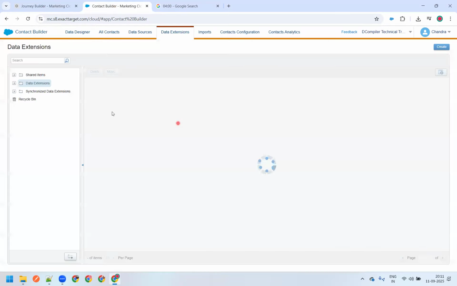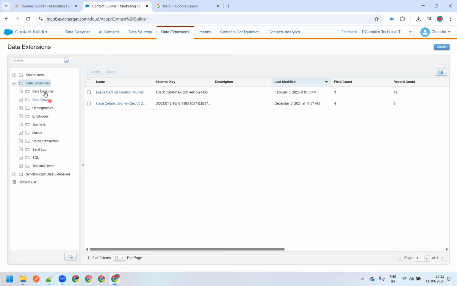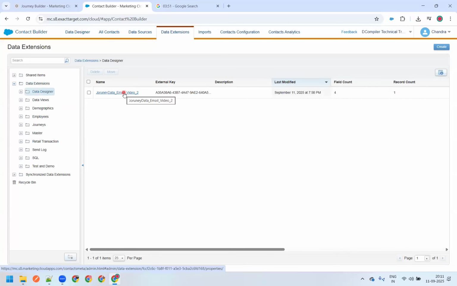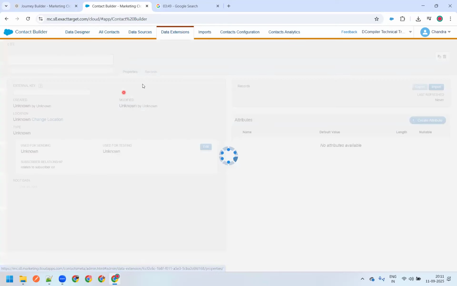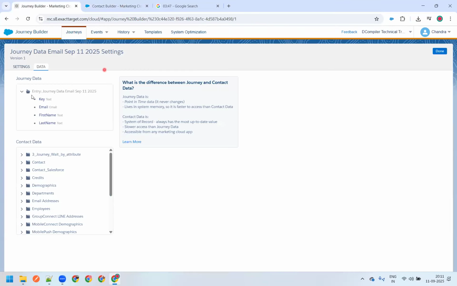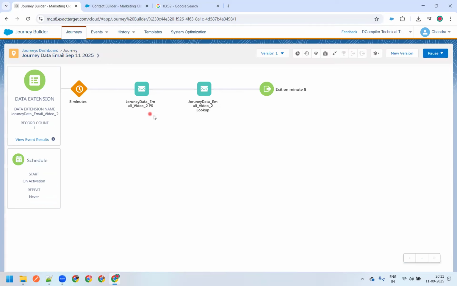Okay, this is your data extension undoubtedly, but you should remember that a copy of this data extension is created in the Journey Builder as journey data. All the records information, key, email, first name, will be stored in this,